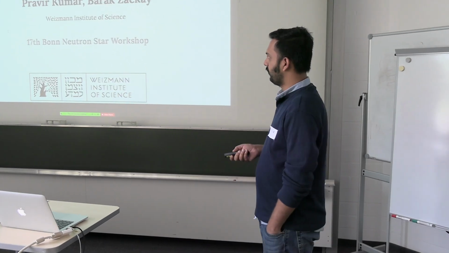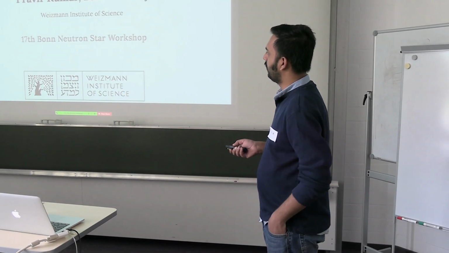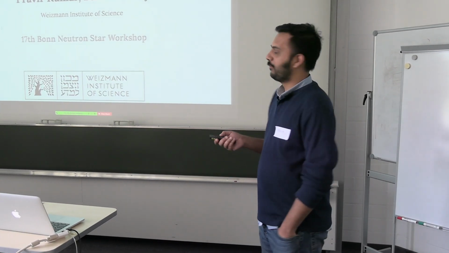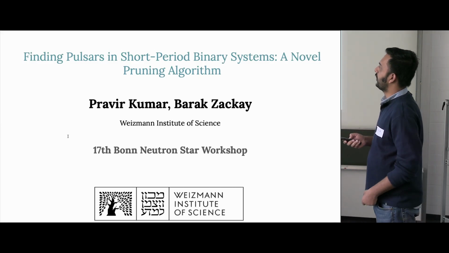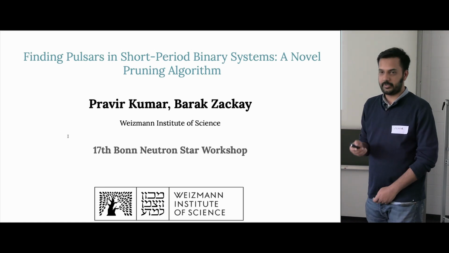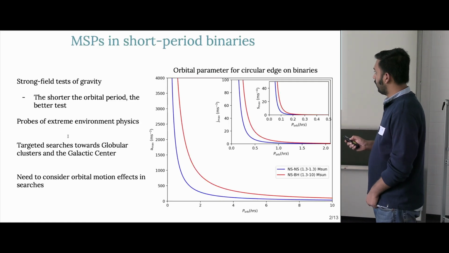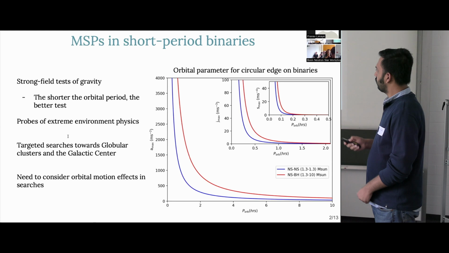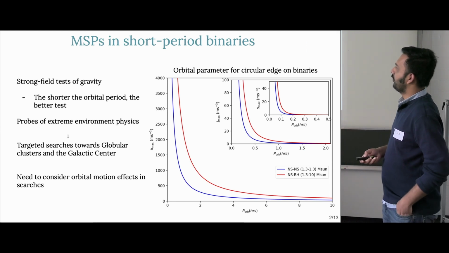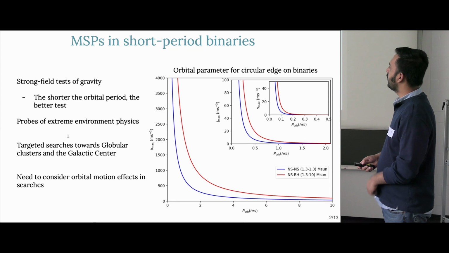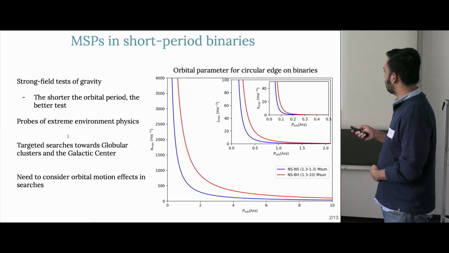Today I'm going to update you about the progress of this pruning algorithm. This is designed to find pulsars in short-period binary systems. I think previous speakers have already motivated why we need to detect pulsars in short-period binaries. I will skip this, but